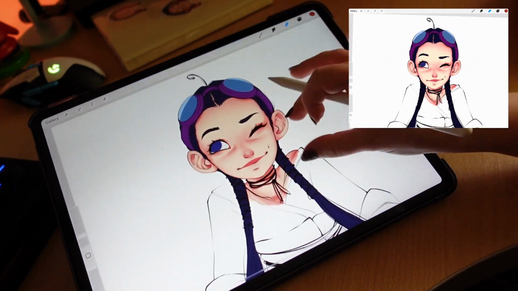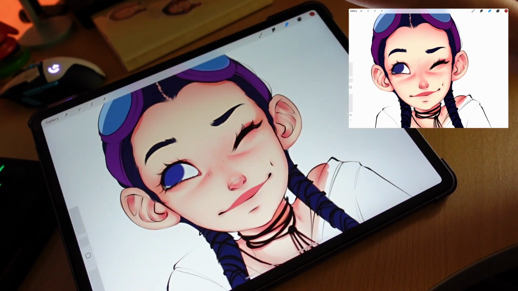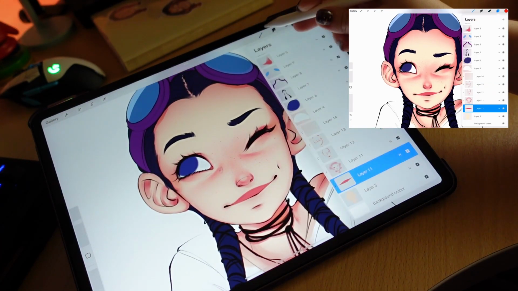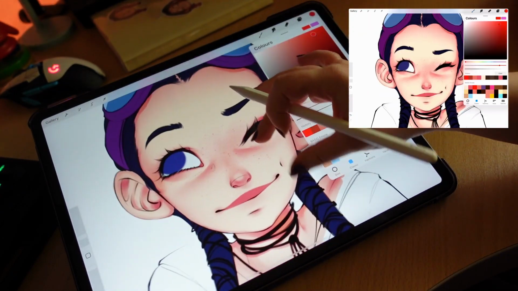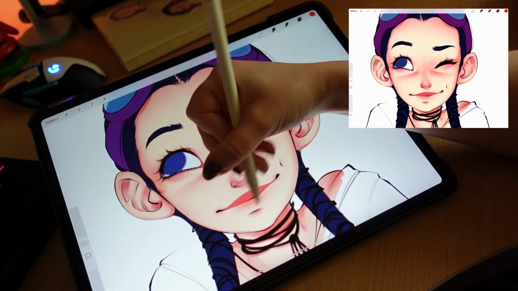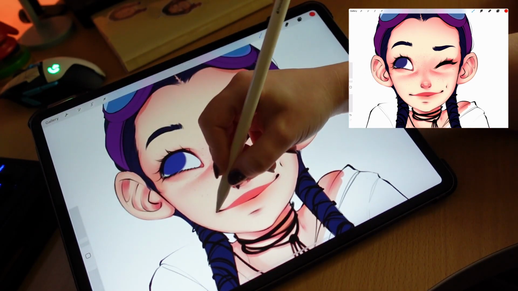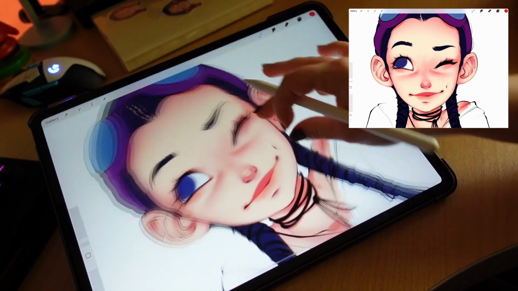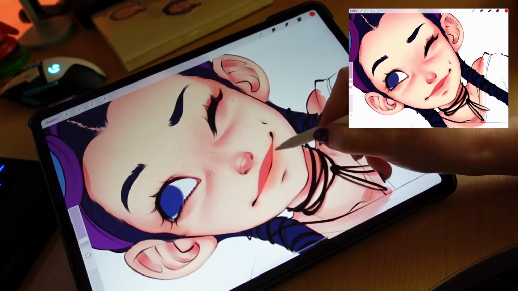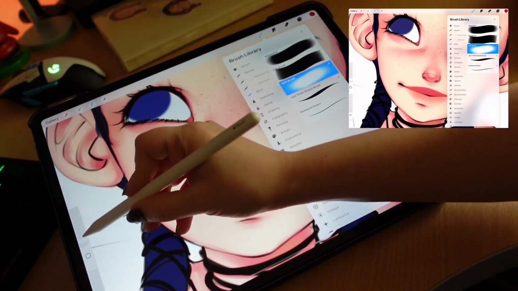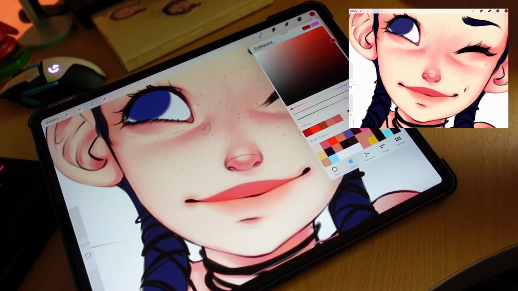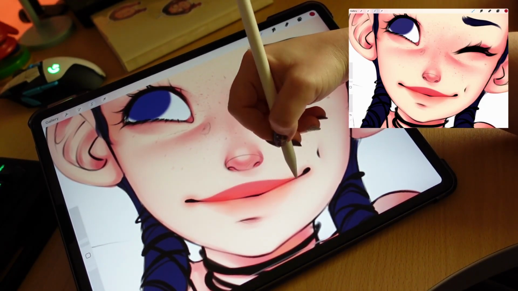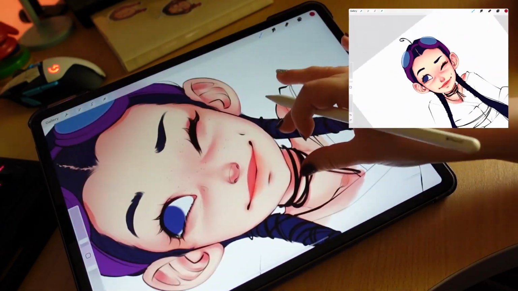So, going back to our main topic, I know we all deal with art blocks sometimes, and let me tell you, the majority of the times, art block comes from being burned out, at least for me. When I am overworking or forcing myself to draw, it always happens. If you work in this field, though, there are times where there's nothing you can do about it. Maybe you have a deadline and you need to finish that piece. In those cases, what I do is I take a couple hours break and I just go for a walk. I go to the library, and the illustrations on the books always help me get that boost of inspiration back.